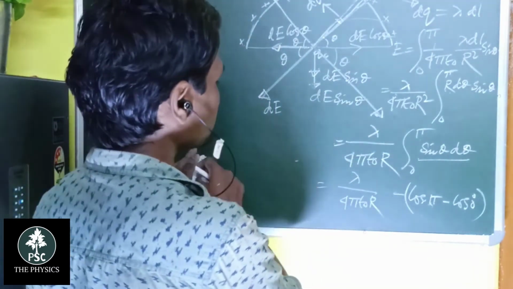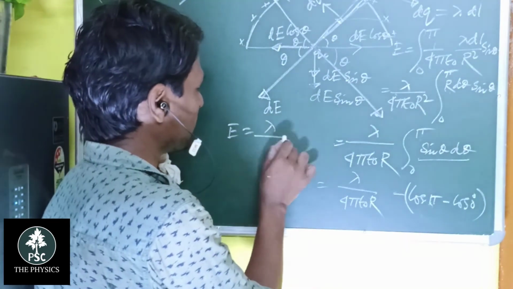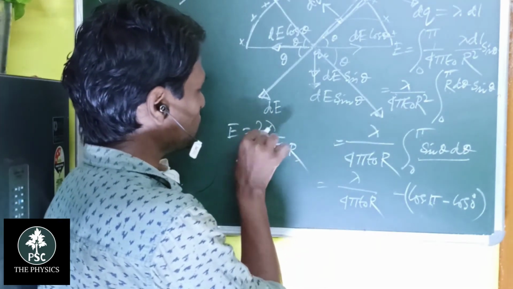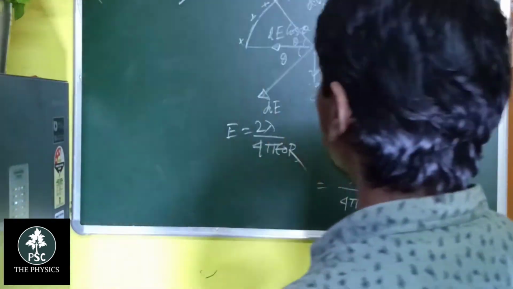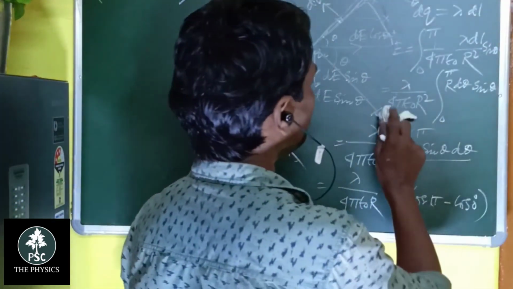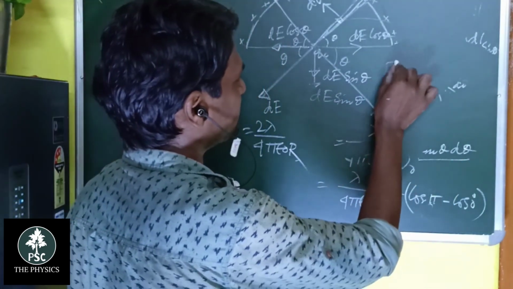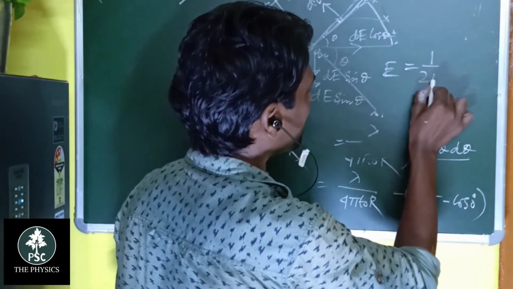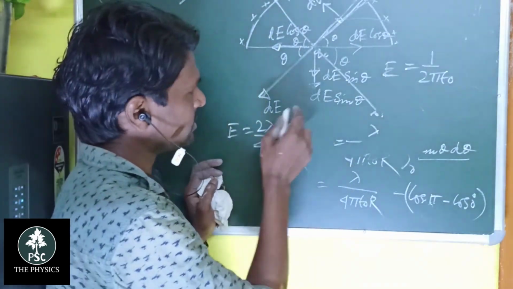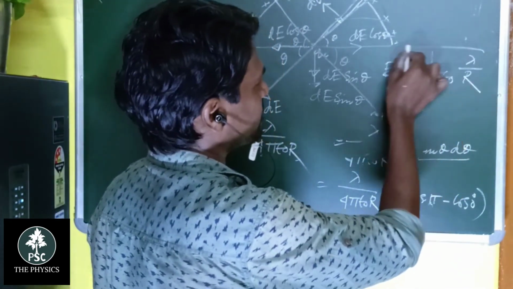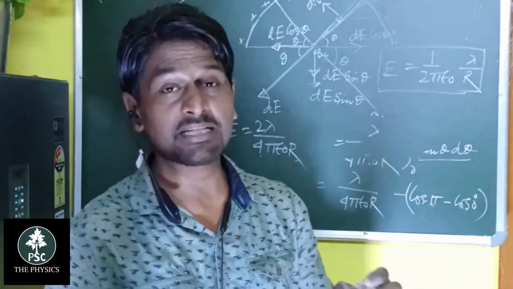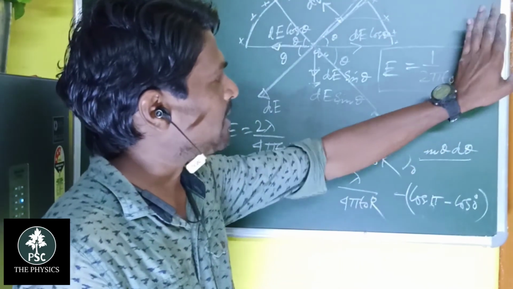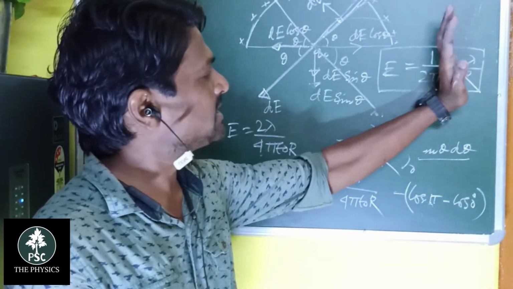So the electric field E equals lambda by 4 pi epsilon naught r into 2, so 2 lambda by 4 pi epsilon naught r, or you can simply write the electric field E equal to 1 by 2 pi epsilon naught, and then density divided by radius. And you can memorize this formula. If there is a ring of radius r, and the linear density lambda is given, then you take this value lambda by r, and then multiply it